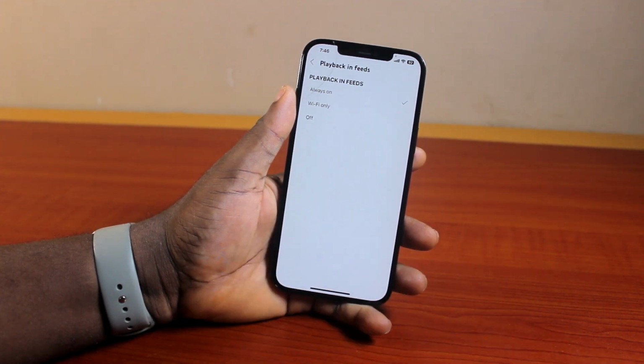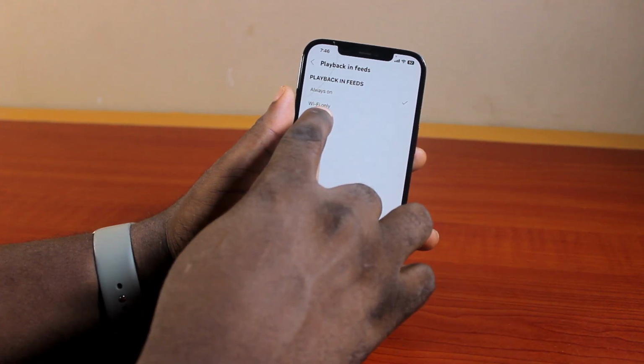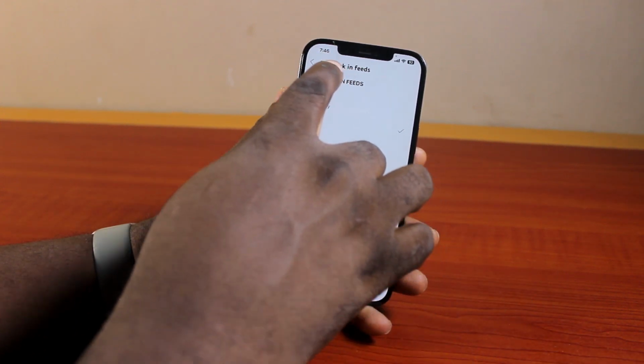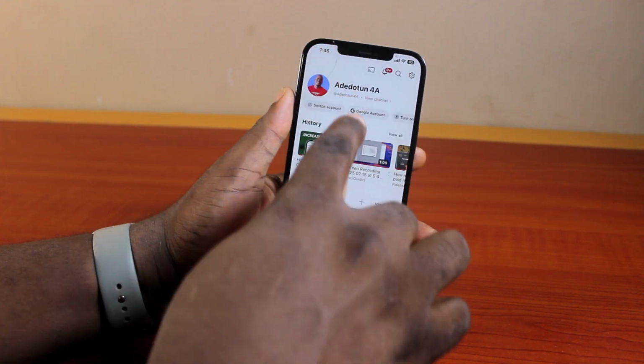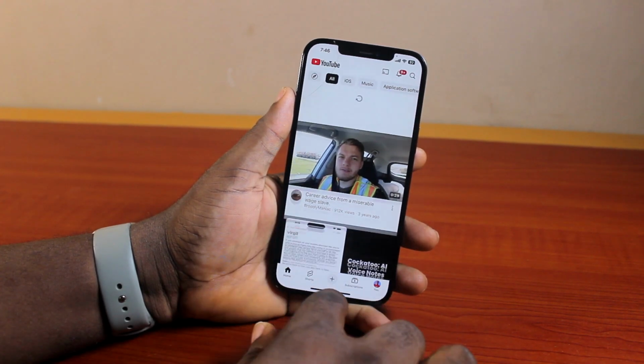Then here you have three options available: always on, Wi-Fi only, or off. Now to turn off or disable video autoplay on YouTube or playback in feed, just select off and then hit the back button. Now if you go back to the YouTube page, refresh the YouTube page, you discover that the